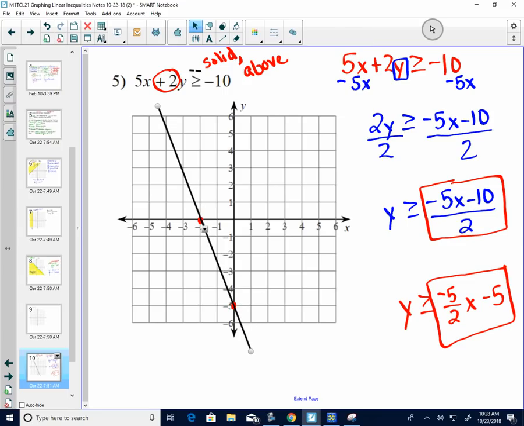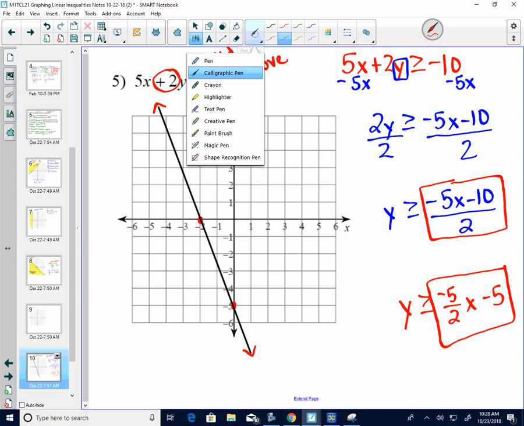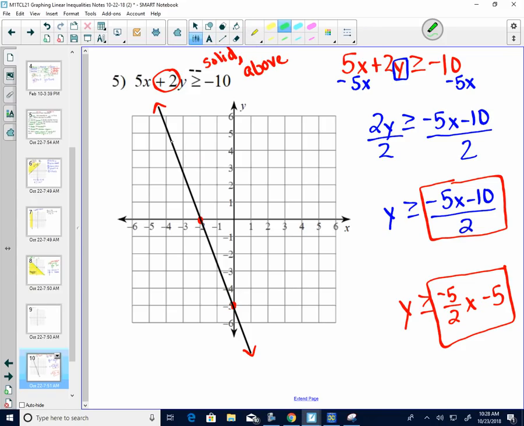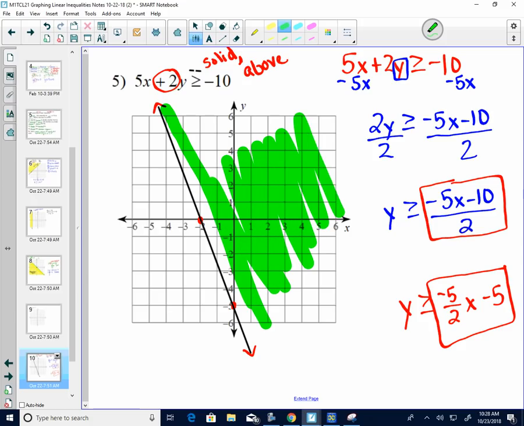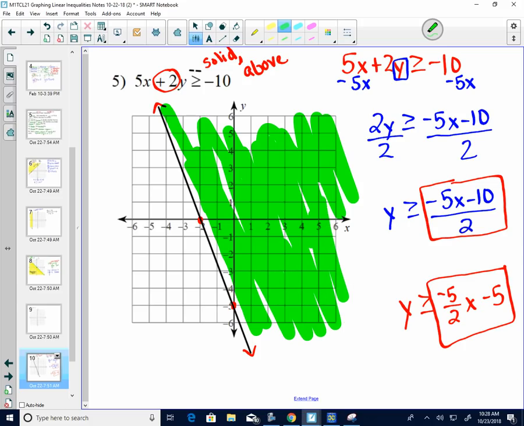And it lined up better with my points. We need arrows on the end, because the line goes on forever. And we are going to shade above. And so in this case, above is kind of more over here to the right. And it doesn't have to be completely colored in, completely gray. It's just so that we get the idea that you're shading over here on this side,